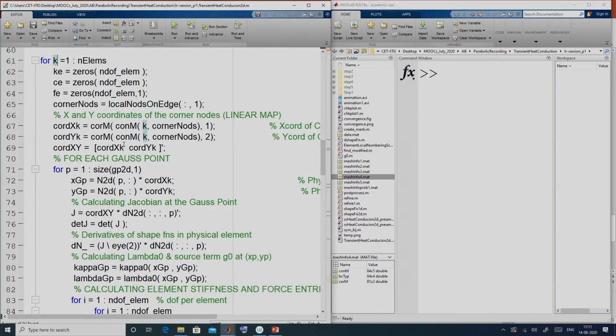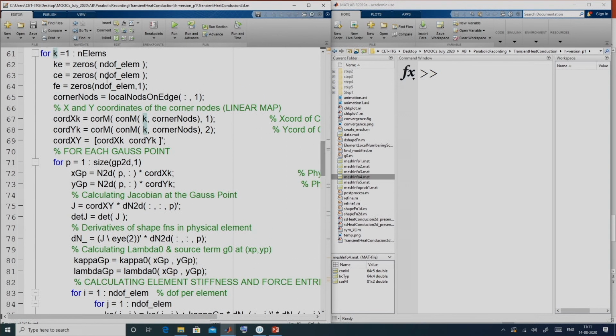Alright. So, we are actually calculating the stiffness matrix and the C matrix, okay, before the time step, because this will remain same for all time instances. So, instead of doing it over each time step as I described in the algorithm, what we can do, we can calculate it beforehand, we do not need to calculate at every time step. So, here we are calculating the stiffness matrix and the C matrix.